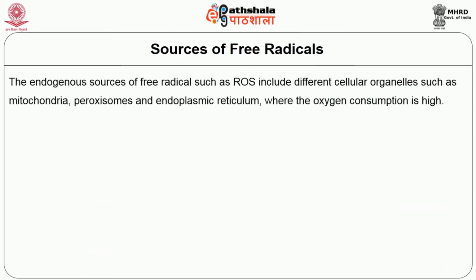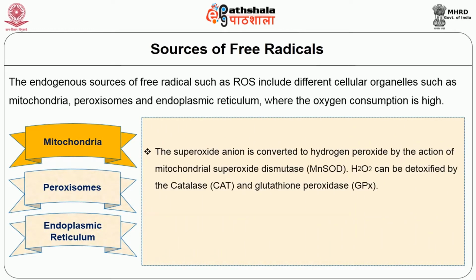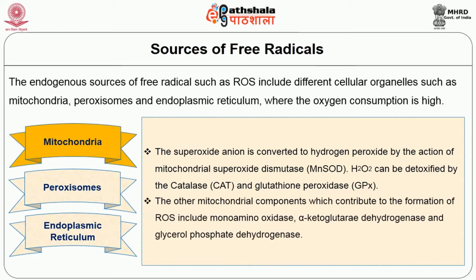The endogenous sources of free radicals such as reactive oxygen species include different cellular organelles such as mitochondria, peroxisome and endoplasmic reticulum, where the oxygen consumption is high. Coming to the mitochondria, the superoxide anion is converted to hydrogen peroxide by the action of mitochondrial superoxide dismutase. Hydrogen peroxide can be detoxified by the catalase and glutathione peroxidase. The other mitochondrial components which contribute to the formation of reactive oxygen species include monoamine oxidase, alpha-ketoglutarate dehydrogenase and glycerol